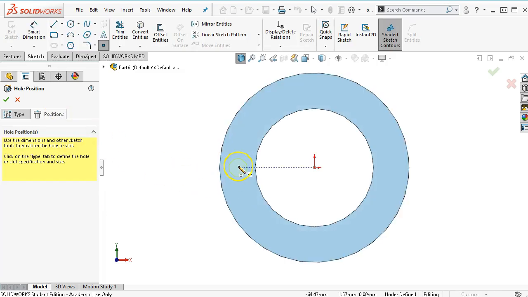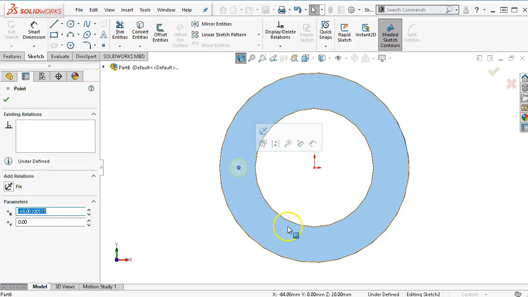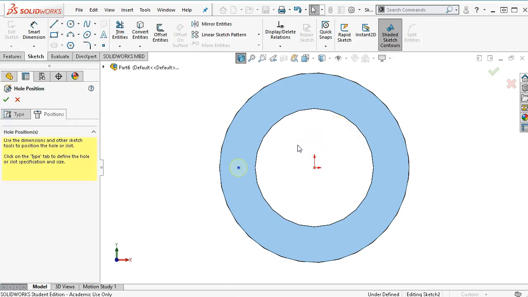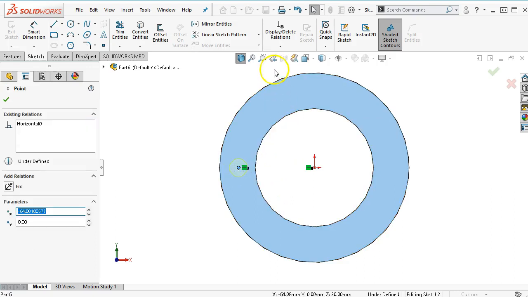Alright, so for our location, I don't see anything over here asking me for a 3D sketch, so that makes me happy that I'm not seeing that one. If I did get a 3D sketch, I would just select on that face, but since I pre-selected and I'm automatically in that 2D sketch, then I'm just looking for a location. Alright, so we come back, we're going to do the same types of things. We'll go in and make horizontal, so that gives us a location. And this time without the base circle,